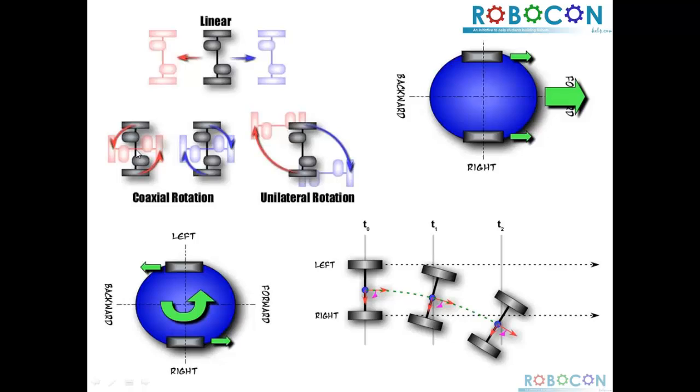It will rotate about its own center of gravity. So that is called coaxial rotation. Coaxial rotation means it is actually rotating about its own axial axis. If that is not to be done, what you can do is you can just move one wheel and keep the other wheel fixed such that it goes and takes a new